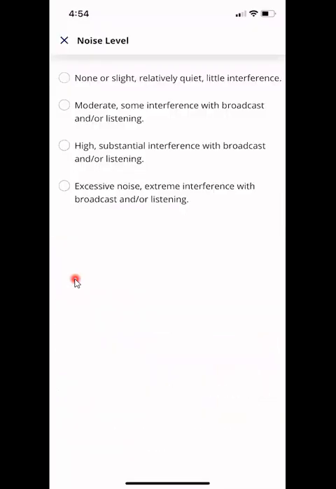Noise level for the overall survey, so we're going to either go with none or slight, go relatively quiet, little interference, so maybe a dog barked in the distance, but it really didn't interfere with your ability to do the survey. Moderate, maybe you were close to a busy road for some of it. Moderate, so some interference with broadcast and or listening. We don't broadcast here, but some jurisdictions do broadcast. High, substantial interference, so your survey was along a busy route and you had just lots of cars going, or excessive noise, extreme interference. So we're going to imagine that we had a very pleasant survey with none or slight,